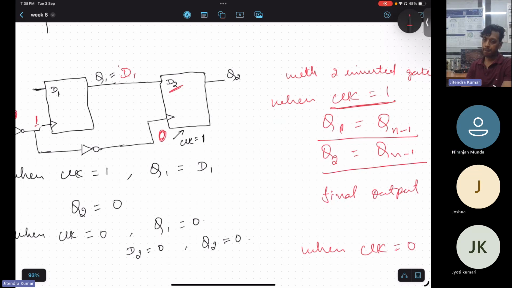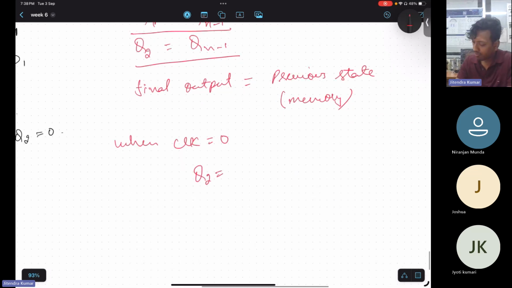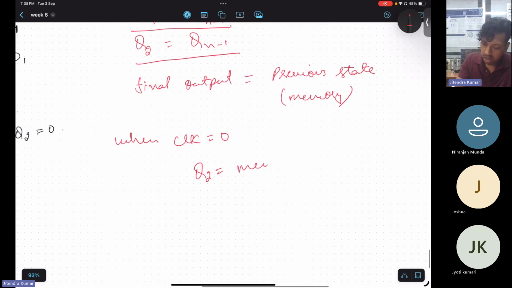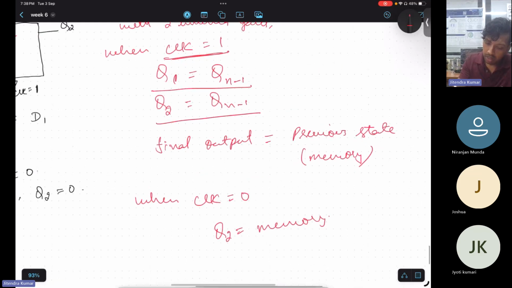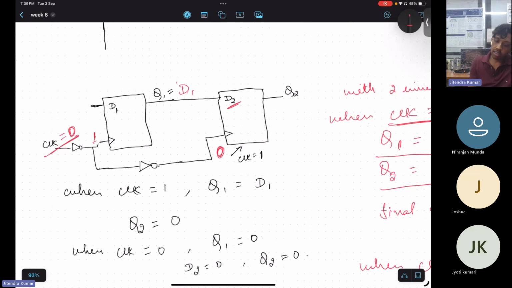Memory, sir. Memory, exactly. So Q2 will be equal to memory. In both cases, it is going to provide you memory. Now, how they will change, that is another thing. Once you are providing clock equal to 0, then your Q1 could change. Whatever input you provide here, that Q1 could change, but Q2 will be providing only memory,